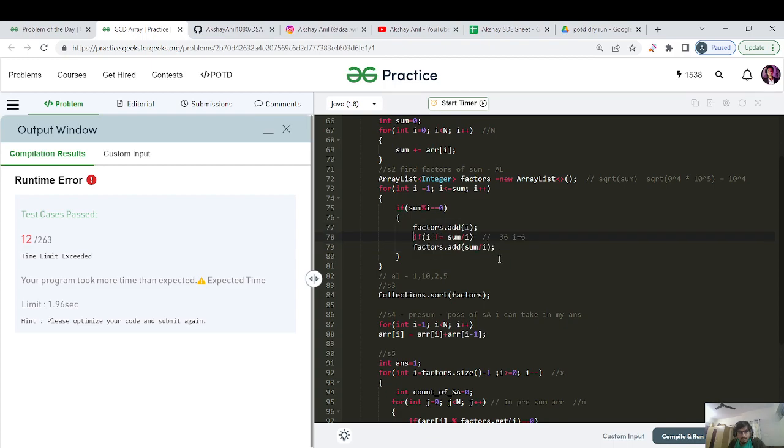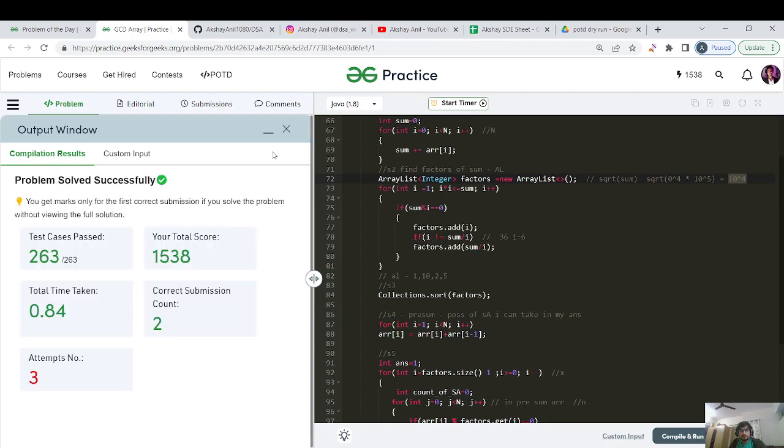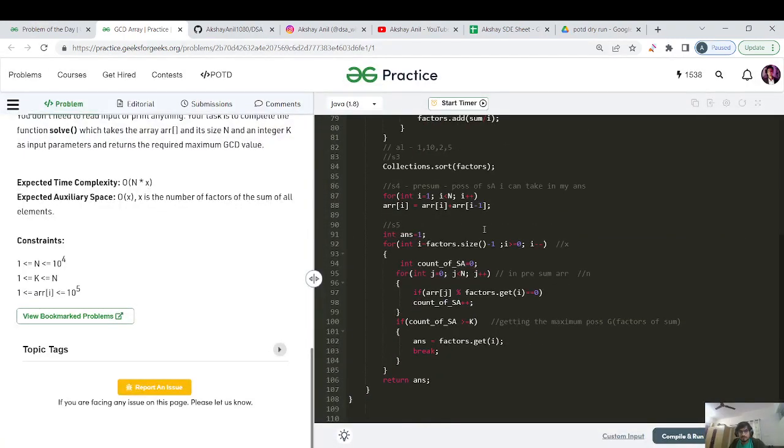So let's change the code again. And okay, so it was like this. Yeah. So for you guys, I'm submitting for one last time. Great, great guys. So it works. So I don't think I need to give a code walkthrough. I've explained each and every step. So let's meet in the next